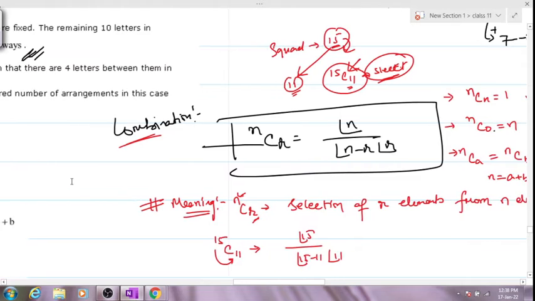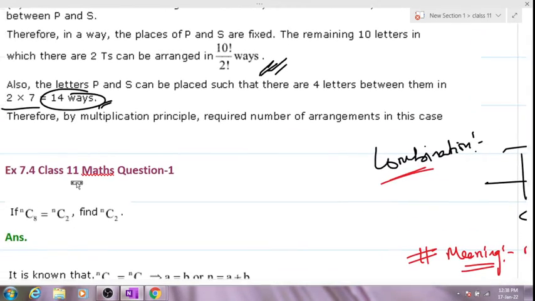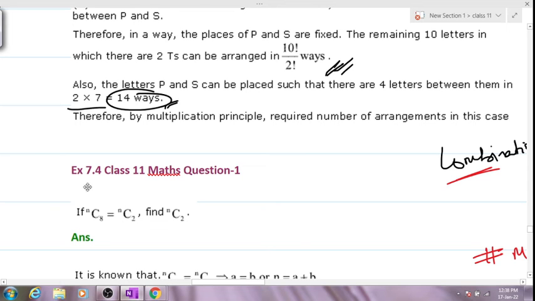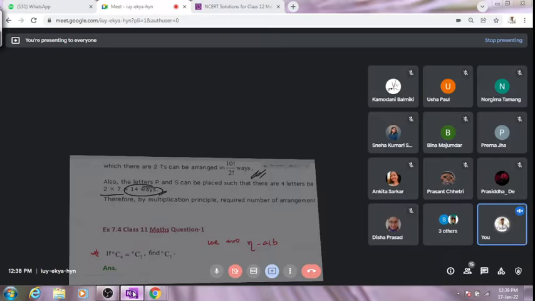Here we have the first numerical on our screen. Just now I've given you one property, and we have a question right in front of us. NCx8 is equal to NC2 and you have to calculate the value for NC2. Question clear? This and this are the same, right? So what will be my value for N? We know that by the property, N is equal to A plus B. Do we all agree with this? Yes or no?